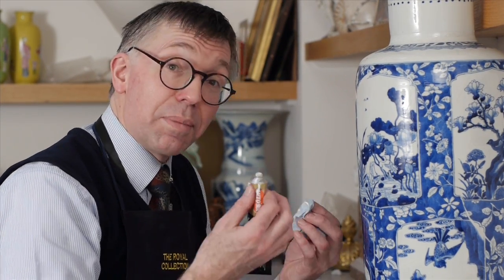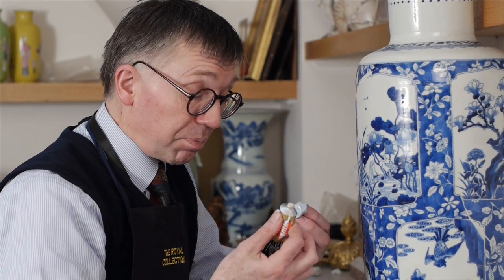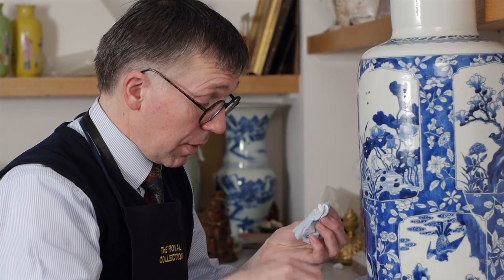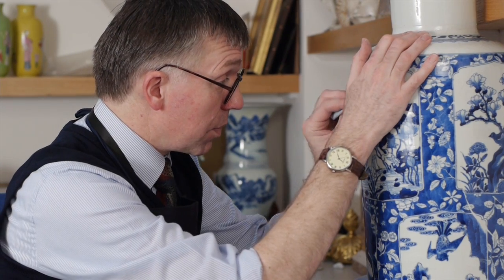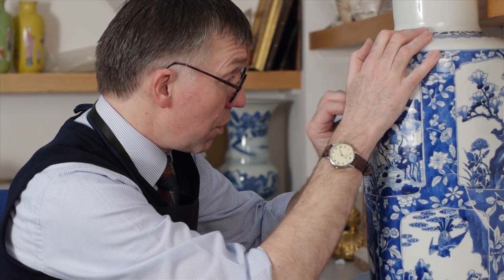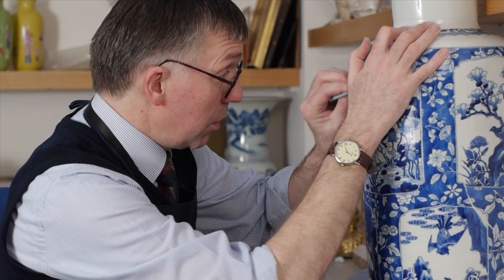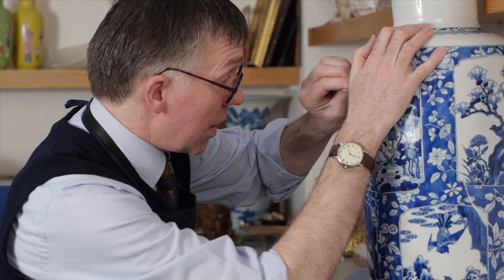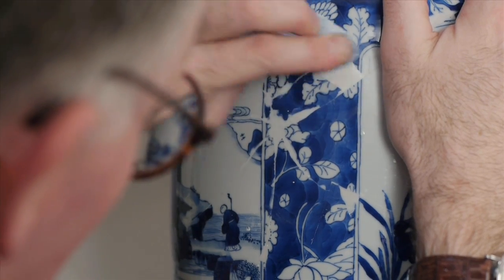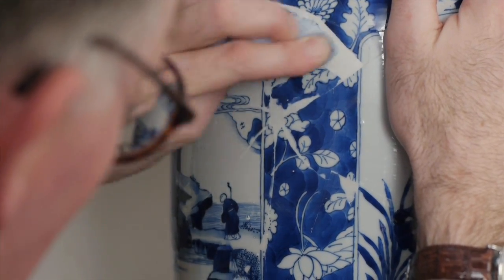I'm now going to burnish the repairs that I've made, and for this I'm going to use a proprietary burnishing compound on a small amount of tissue. This is just to really polish the surface of the fill and to blend it into the surrounding glaze. Just going to keep rubbing away to try and polish up this